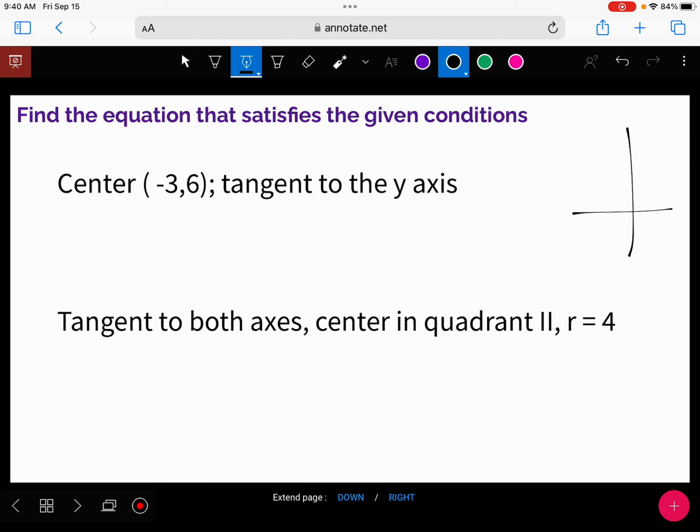So, I'm just going to do it up here for all of my friends that are going to watch this later. Touching but not crossing. So it's going to look like this. What's our radius? That is so not centered, but that's okay. What's our radius? 3, because it's 3 steps away.